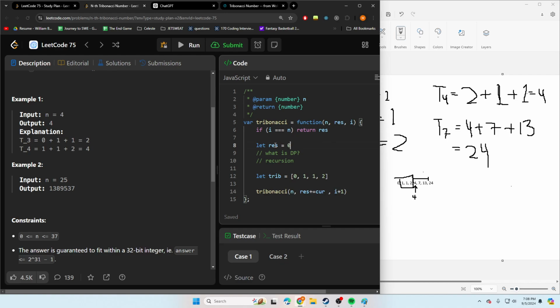But if you keep, say, calling res equals 0, you know what I mean? If you keep calling that, it's going to keep resetting. That's my issue, is it not? So first res equals 0, and then i equals 0 first,